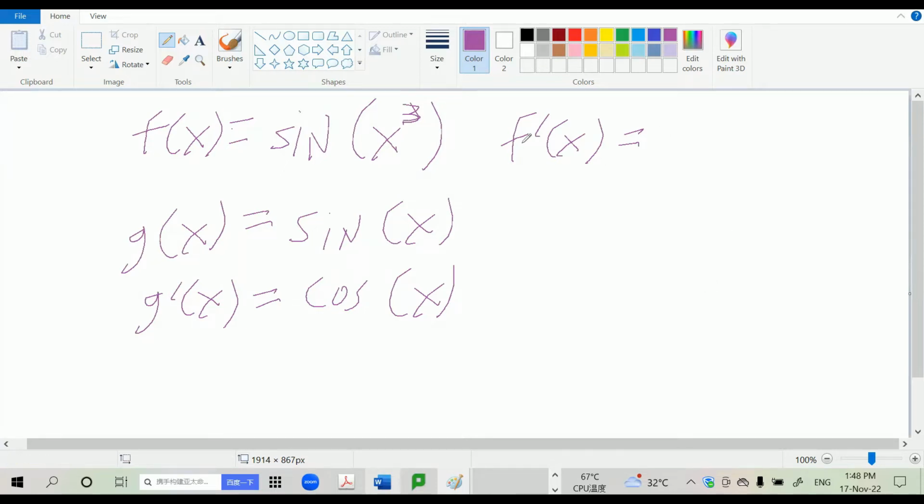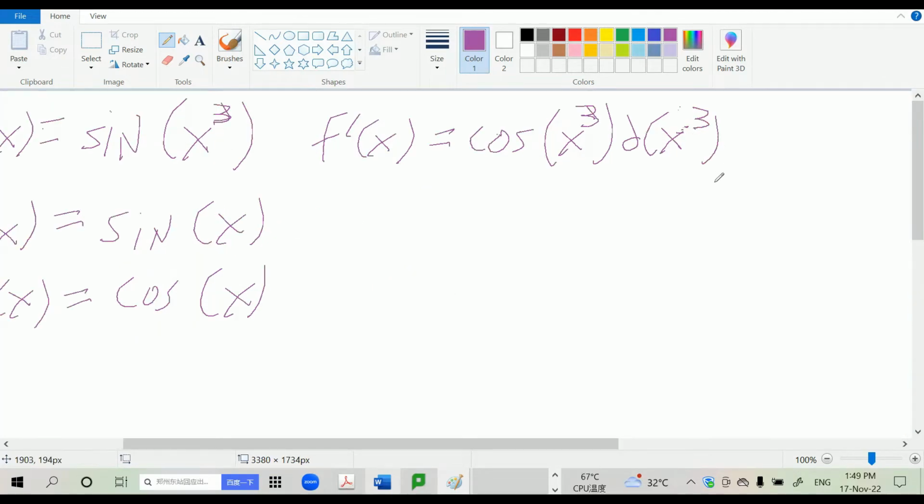We know the derivative of sine is cosine, so it has to be cosine of something, and that is whatever is still inside the parentheses. Then I need to take the derivative of what's inside, that is d of x to the power of 3, over